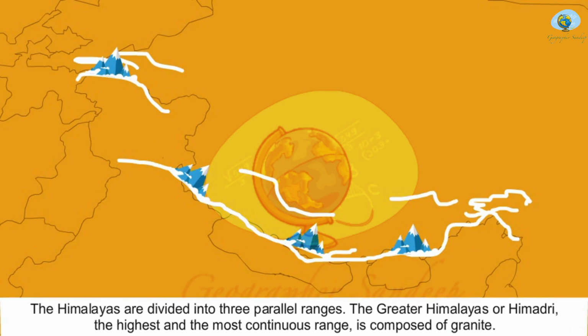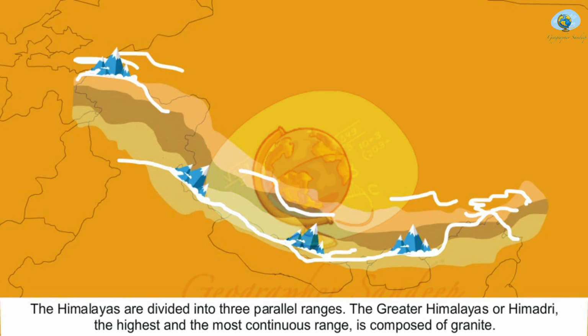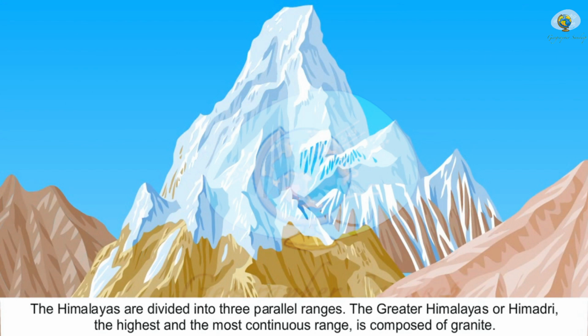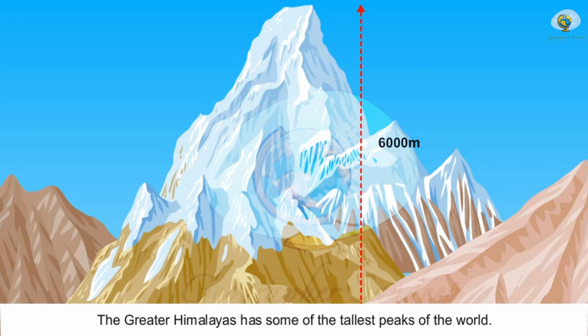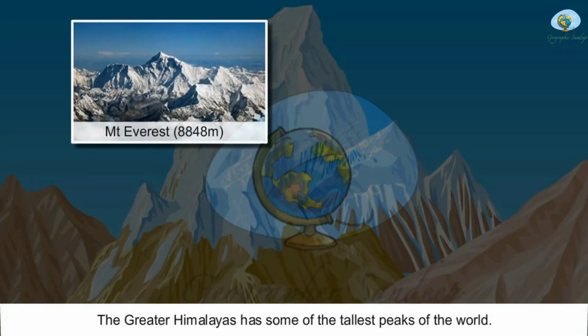The Himalayas are divided into three parallel ranges. The Greater Himalayas or Himadri, the highest and the most continuous range, is composed of granite. Its average height is 6,000 meters. It has some of the tallest peaks of the world, like Mount Everest,